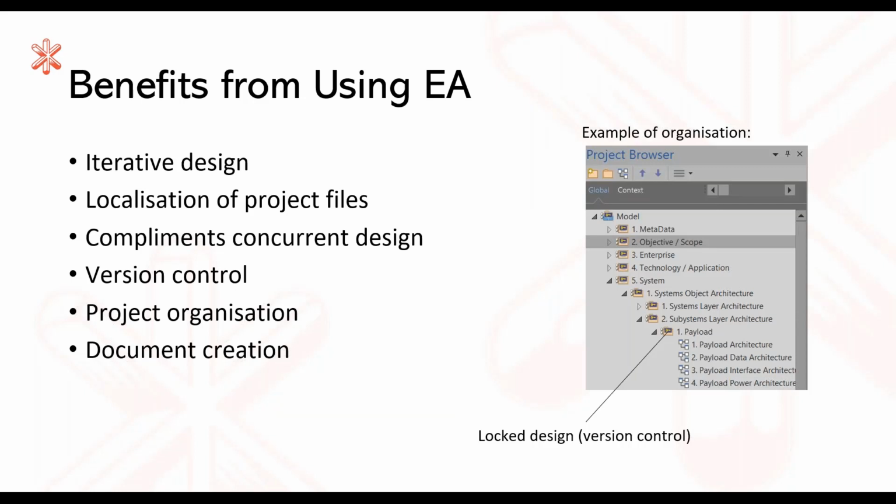So what are the benefits that we found from using Enterprise Architect? Well, it allowed us to easily iterate designs. Like we'd start again at the high level, and we could easily work our way down without having to do too many changes. Obviously, then we had a localized area for all the project files, so everyone could work on it together. The check-in, check-out function really helped with that, which obviously all complemented the concurrent workflow of the design. So one person could be working on one section, another could be working on another section, but without accidentally changing something on their section, which could corrupt the file.